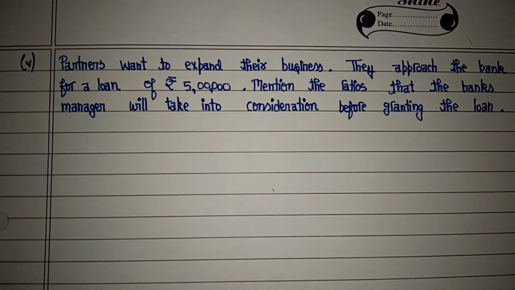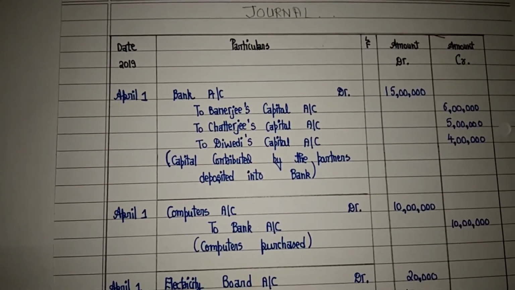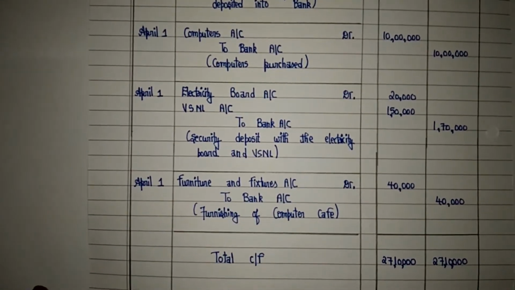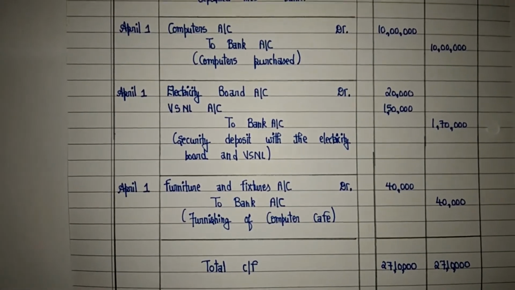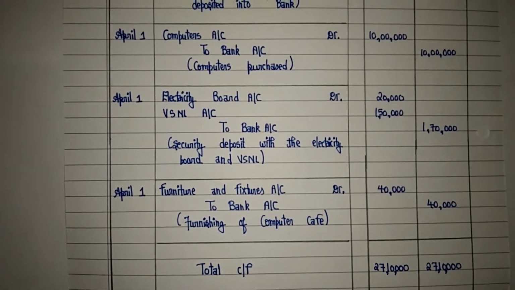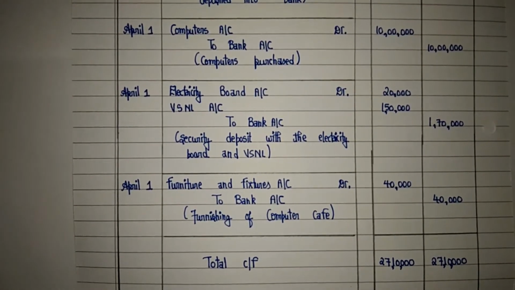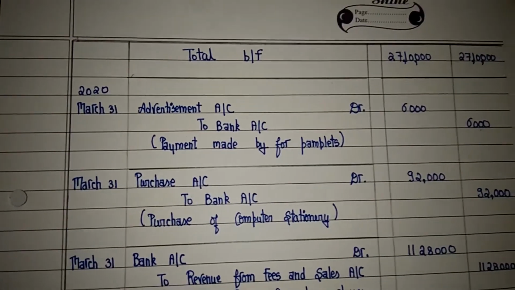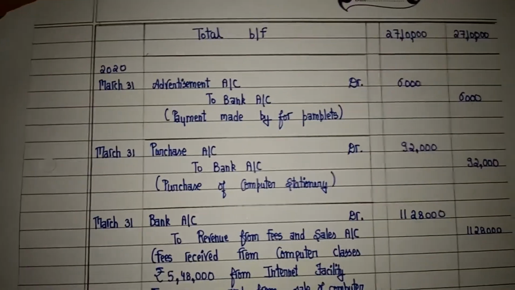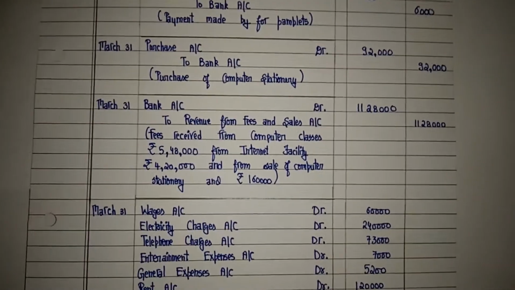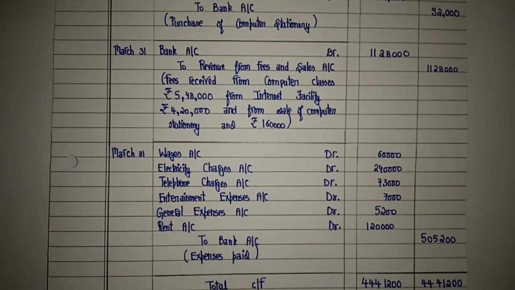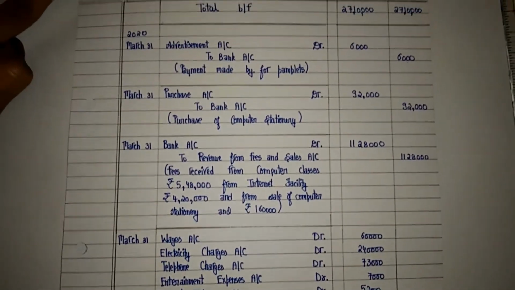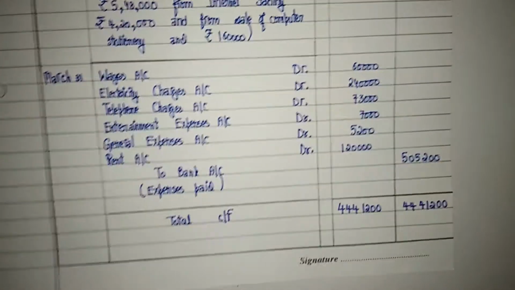So next comes the solution. For the solution, you don't have to write a heading solution. You have to write starting from the journal. You have to write the heading journal and make the accounts, whatever is given in the book. Just copy whatever is given in the book. Try to make it neatly and please do follow the things given in the guidelines, and write the total CF and total BF accordingly, calculating all the addition part. So like this is the total CF I have written.